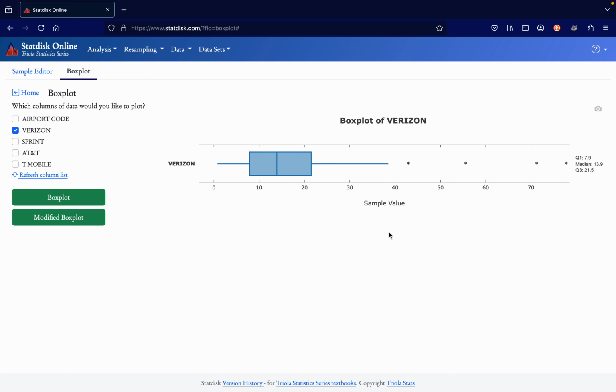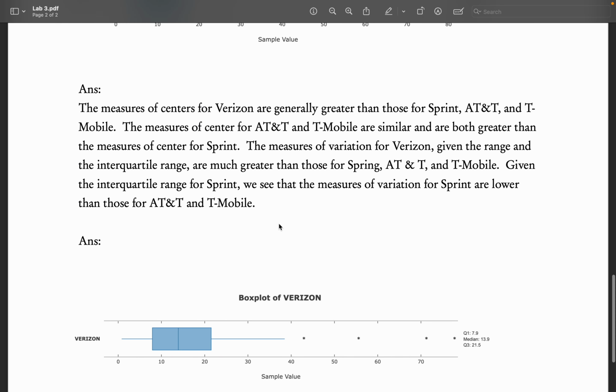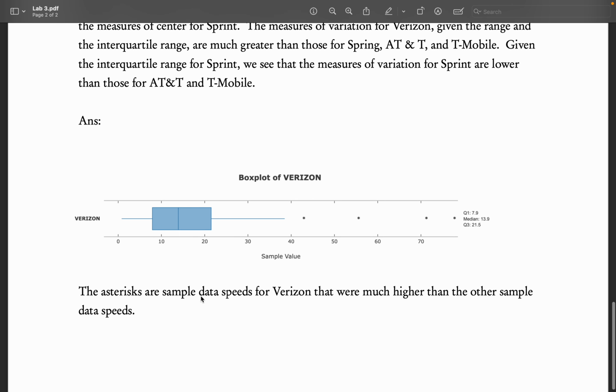And so we see right here that there are outliers. In fact, there are 4 outliers, 4 sample download speeds that were much higher than those of the other sample speeds. And that's all you have to say. There are sample data speeds for Verizon that are much higher than the other sample data values.